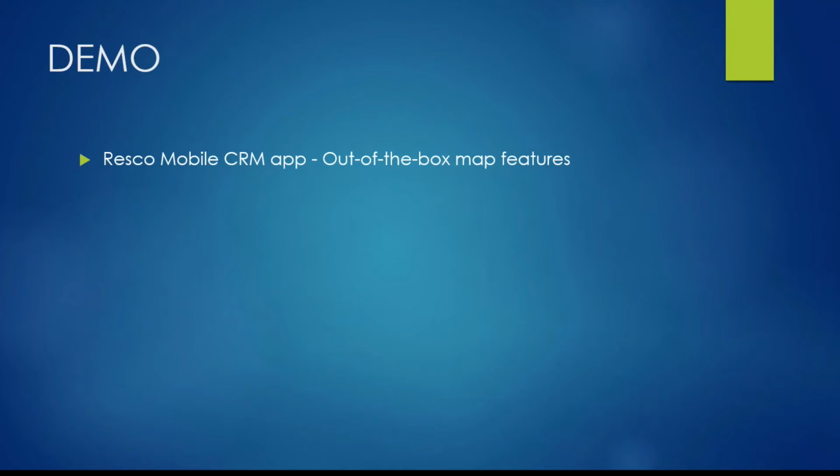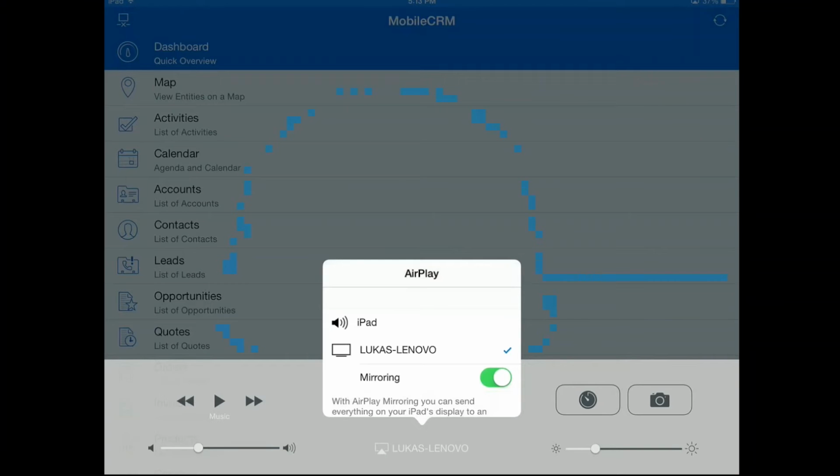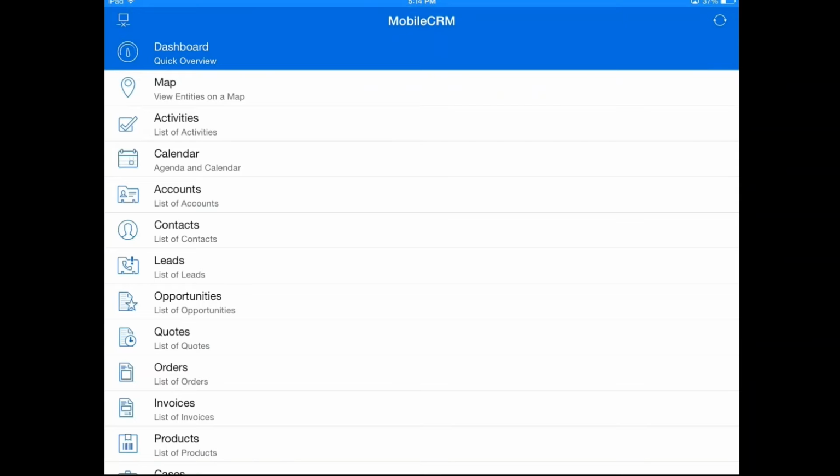So let me now show you how to work with the mobile application and this out-of-the-box functionality. I will just start AirServer on my device, and you should be able to see my device right now. Okay. So here is my iPad,